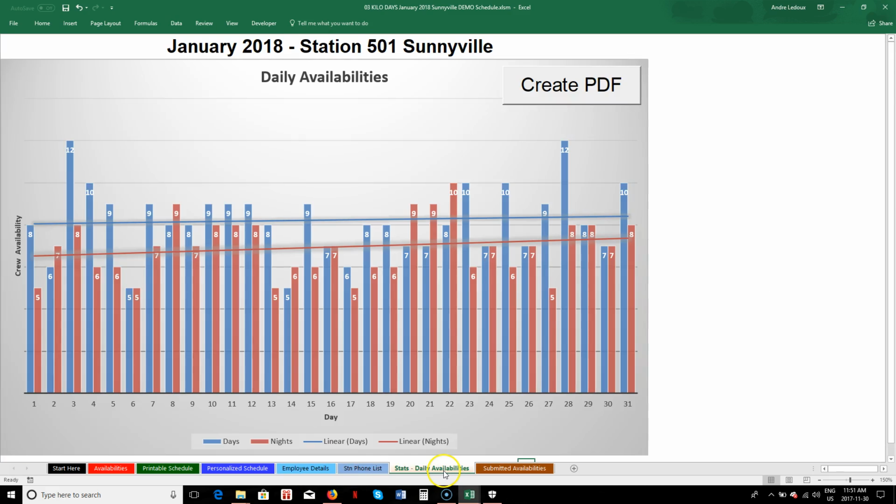Going over to the stats, the daily availabilities. Now is the most opportune time to take a look at the availabilities, or it was just before I assigned the kilo shifts. But here at a glance we can see the blues are all day shift availabilities and the browns are all night shift availabilities. And at a quick glance I can tell that this section in here around the 6th,